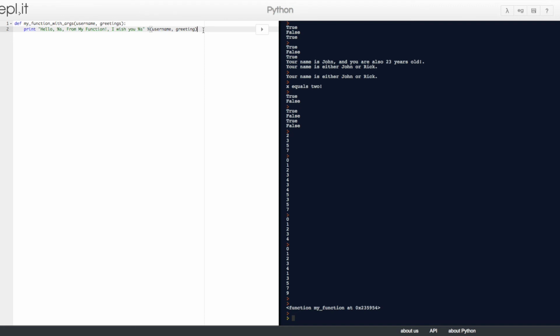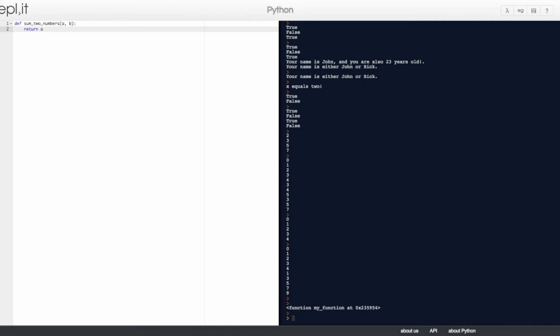Functions may return a value to the caller using the keyword return. For example, def sum_two_numbers, in parentheses we'll give a comma b, close parentheses, colon.